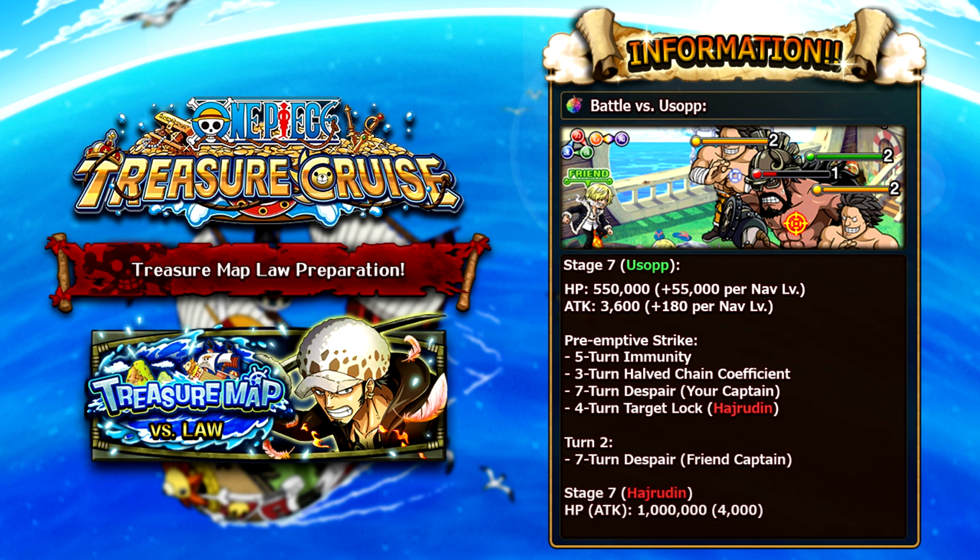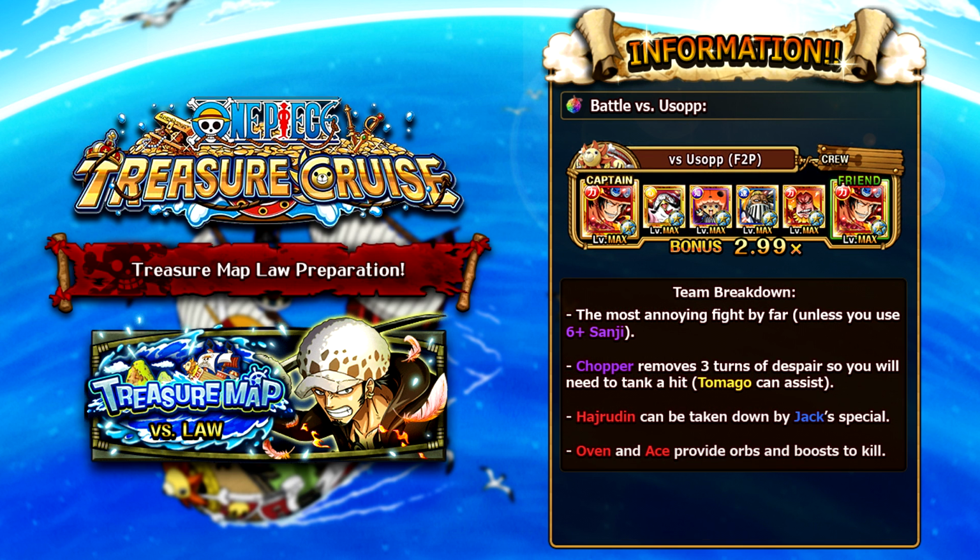Otherwise, you're going to have to deal with a lot of different debuffs here. So it's quite annoying. There are so many different annoyances that you have to get around with this particular stage. And I think this is easily the one that you want to be targeting off in the mid-map. So the team I'm suggesting to you guys against Usopp is going to be a treasure map Ace team utilizing